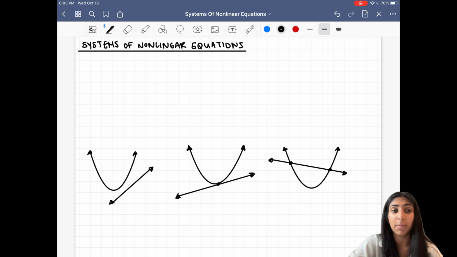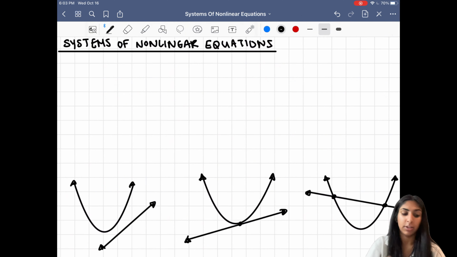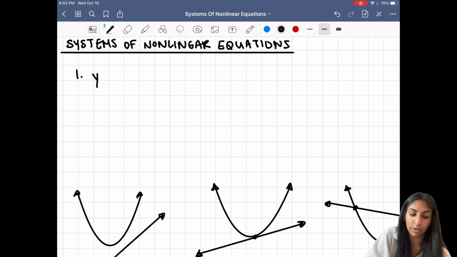The first thing that we're going to talk about is what is a nonlinear system of equations. So a system of nonlinear equations is just like any system of equations, except one or more of the equations are nonlinear. So let's start with an example. So if we have this system where the first equation is y equals x squared plus 2x minus 4, and the